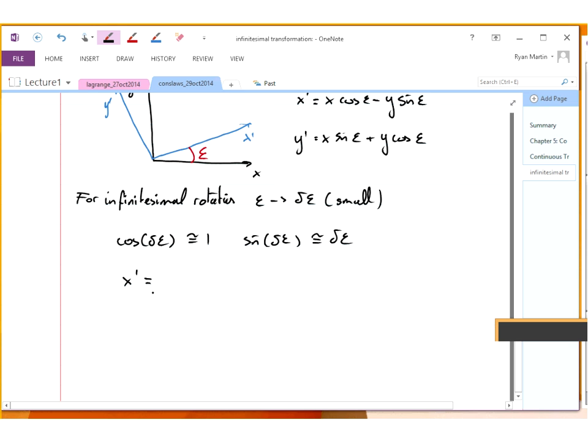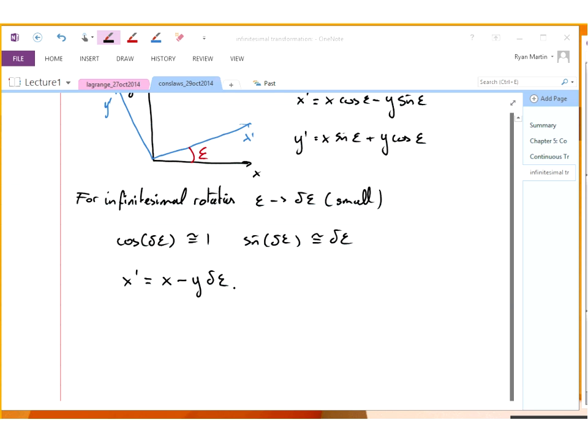So let me plug that into the transformation equation. So we have x prime equals cos of delta epsilon, which is 1, times x, minus y times sine of delta epsilon, which is like delta epsilon. So it's minus y delta epsilon. Similarly, y prime